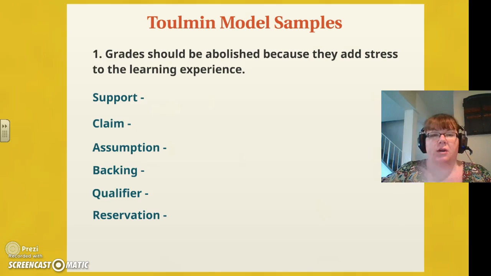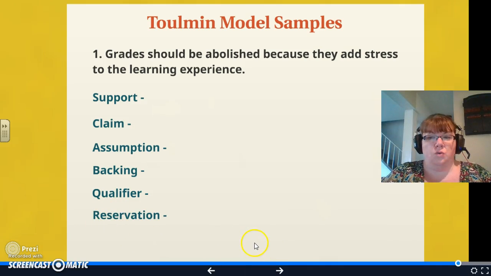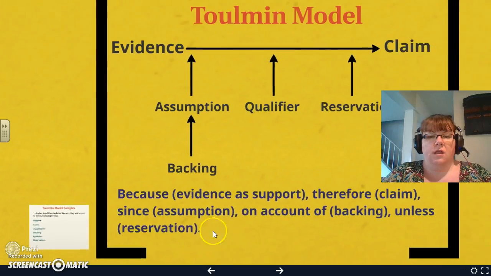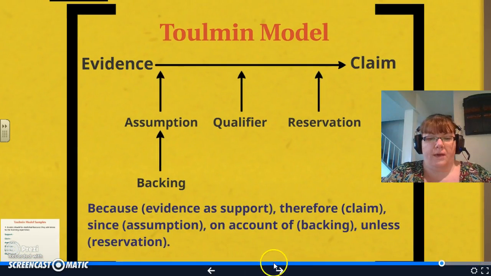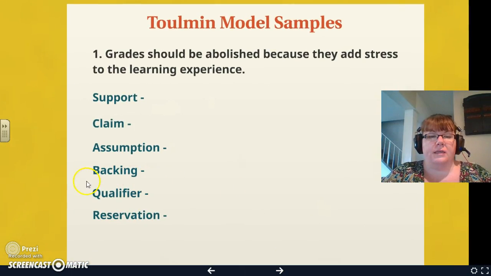Now I want you to do this as an example within your notes, to help you, and tomorrow we're going to actually share some of these Toulmin models that you come up with in class from your homework. So I gave you the idea of what I want you to write a Toulmin model for. Now what I want you to do in your notes is write down each of the 6 pieces here, and then actually write out the Toulmin model using the method here. Okay? So now remember, a qualifier is not always necessary, so you don't have to use it. So in your notes, list the 6 things and then actually use it to fill in the aspects of your